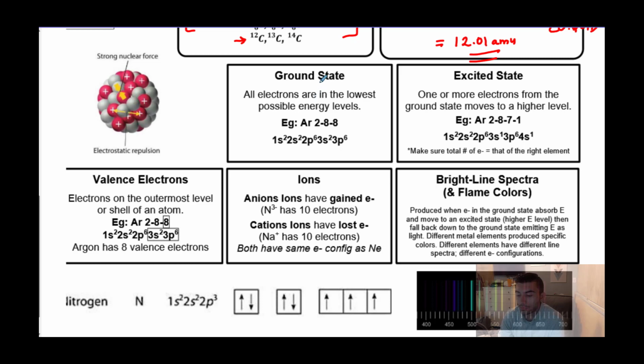We then focused the back end of the chapter on electrons and looking at how we can try and show and notate where electrons are, how many electrons are in each level, and we got more specific as we went on. So a couple of vocab terms to go over. Ground state versus excited state. The ground state was the lowest energy state for an atom where the electrons are in the lowest energy levels possible,